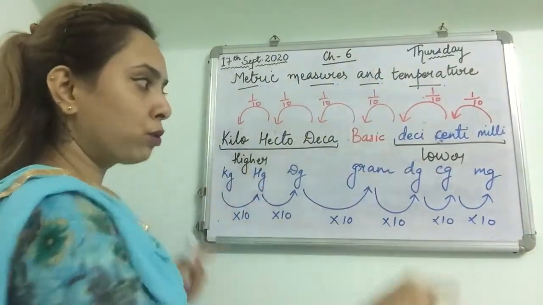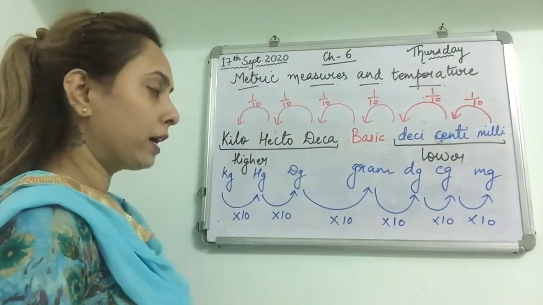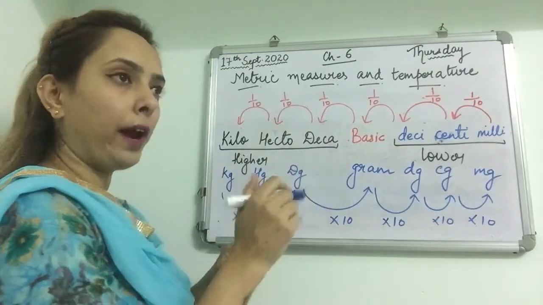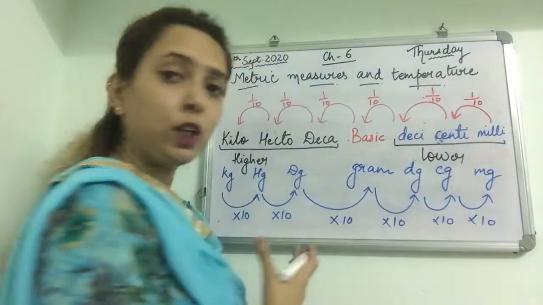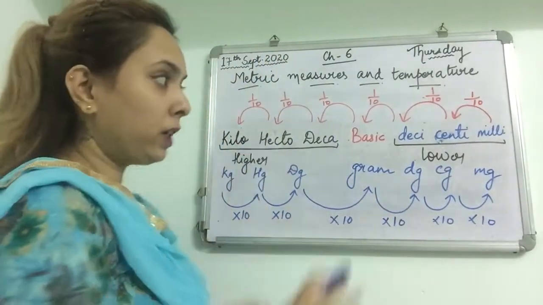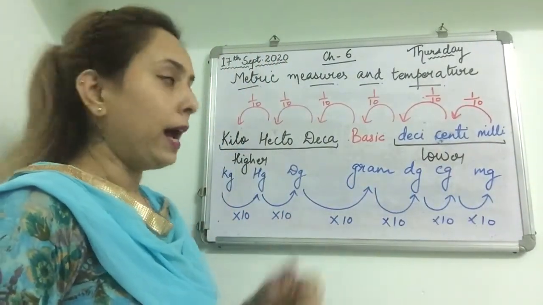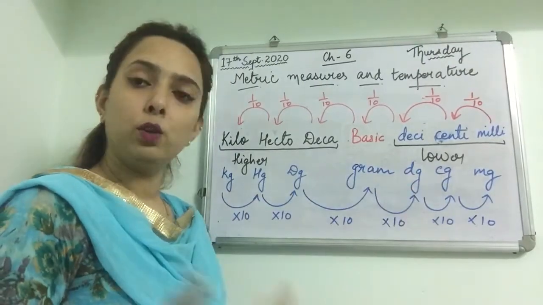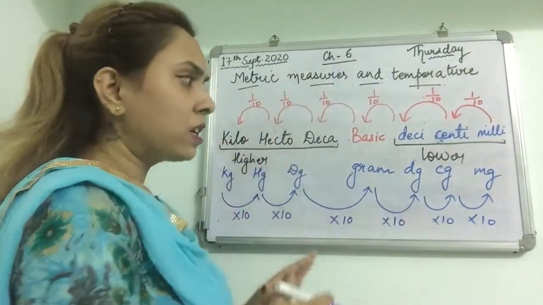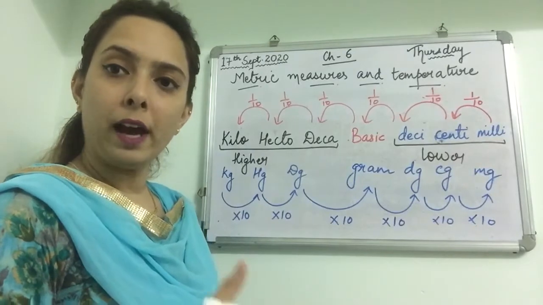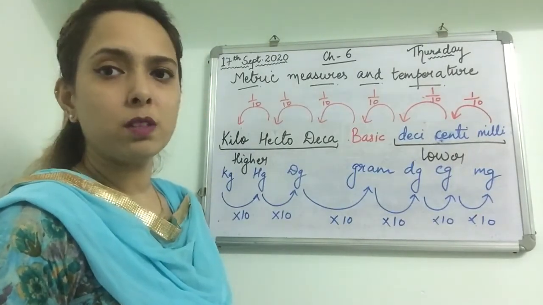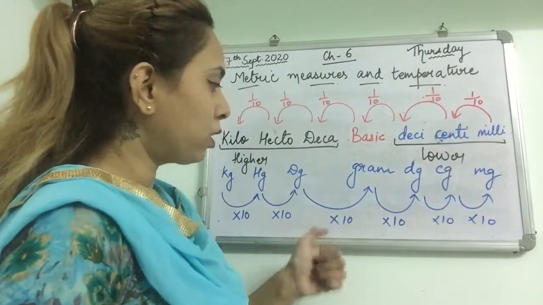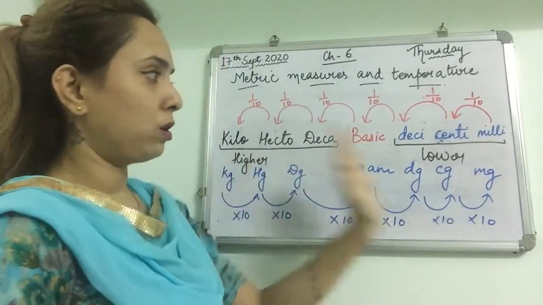So this you have to learn by heart, and you can write this in your maths notebook before starting your chapter. This will make you more clear, and with the help of this you can see this table again and again. As much as practice you have, you will be able to solve these sums directly. So this was the basic concept.